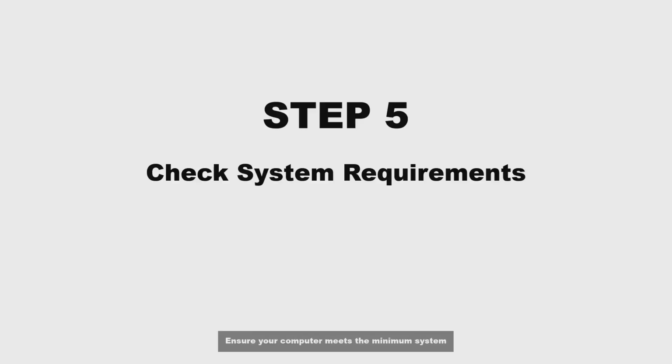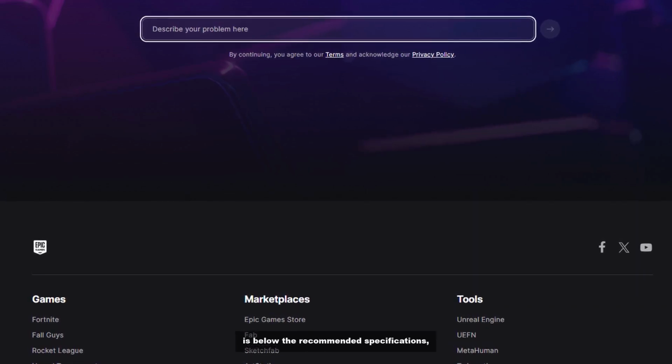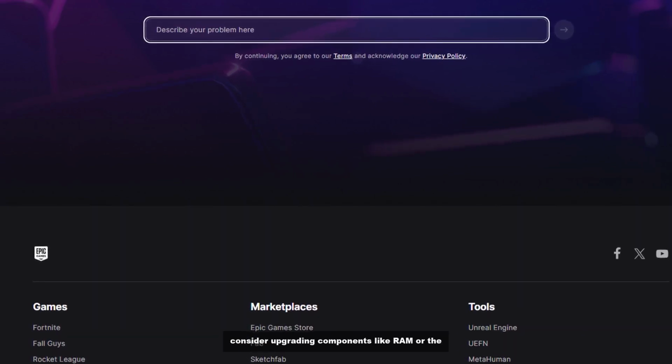Step 5. Check system requirements. Ensure your computer meets the minimum system requirements for Fortnite. If your hardware is below the recommended specifications, consider upgrading components like RAM or the graphics card to enhance performance